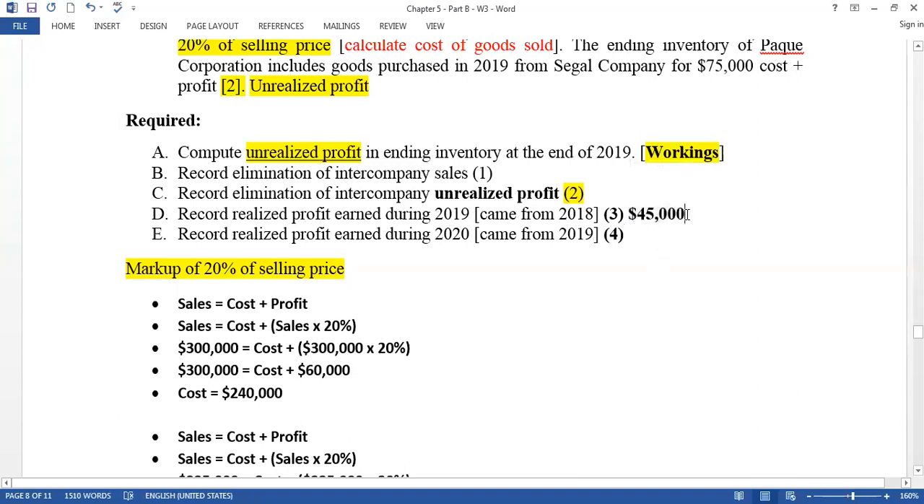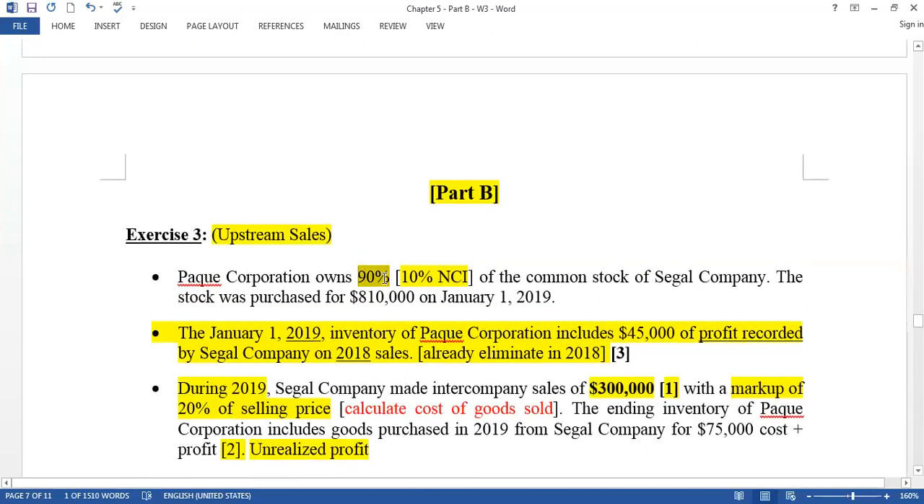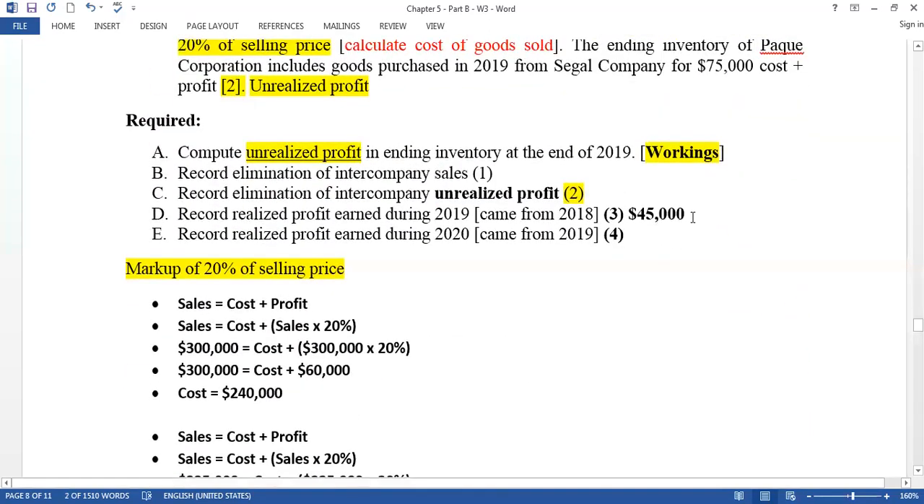Now, you should know that this $45,000 is upstream, right? That means this $45,000 gross profit is held by whom? Subsidiary. So the subsidiary sold to the parent and has $45,000 profit. If you remember our chapter 3 and 4, if the subsidiary has any net income or profit, some part goes to the parent, some part goes to the NCI. Can you remember? So this $45,000 profit is not 100% parent's, because our portion said 90% parent and